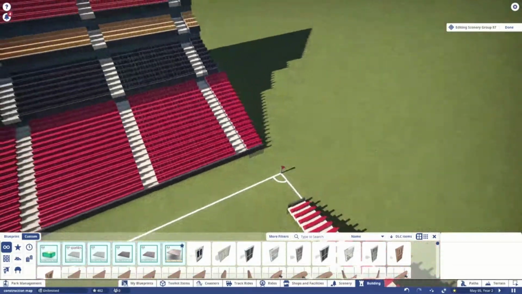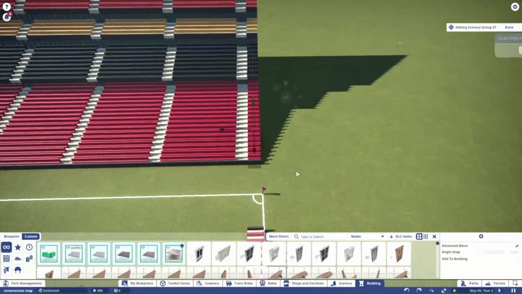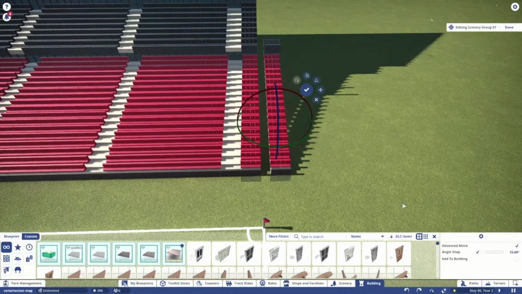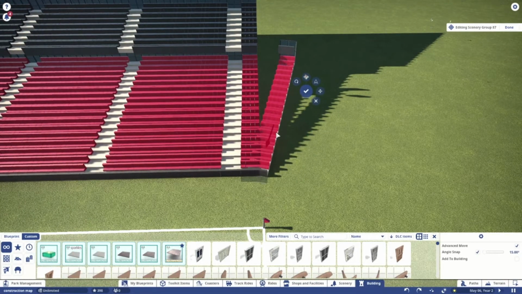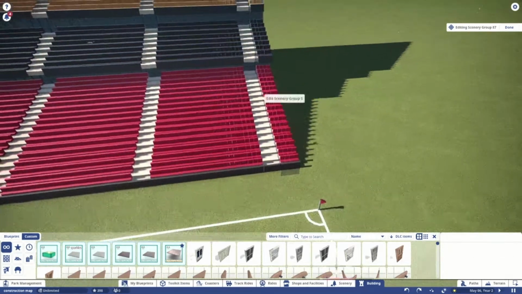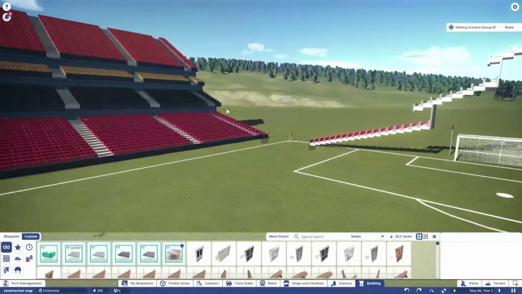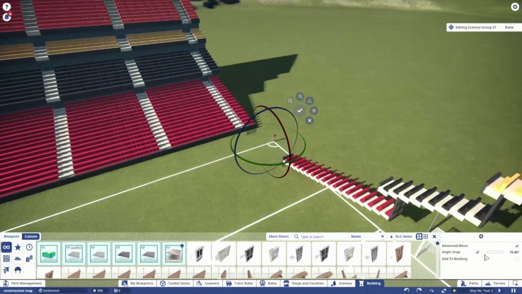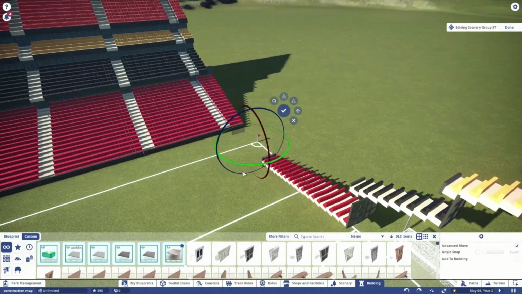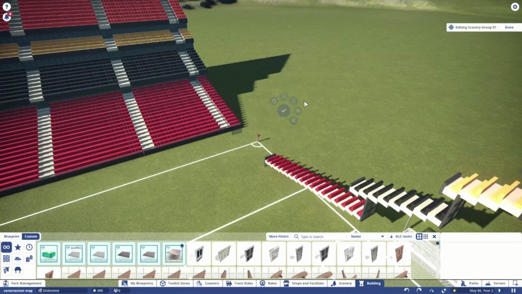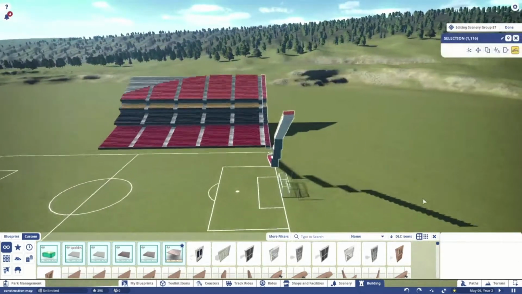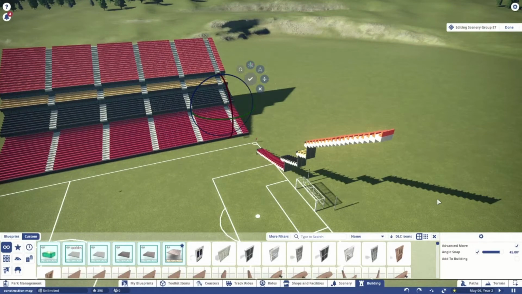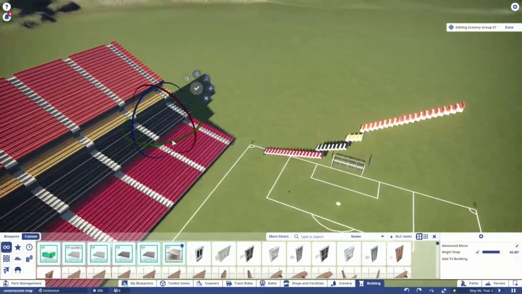When you should just grab a corner like this, and you should just grab angle snap and do that, and then fill that in with seating. That was a pain. Don't do that. And I found this to be much easier, so do this. So no angle snap, just do that. Oh, I'm sorry, I completely forgot a big thing. Turn on angle snap for this. It's like the whole thing, and